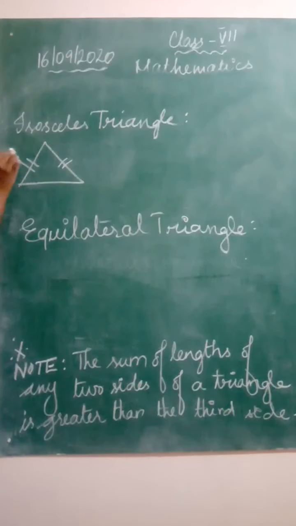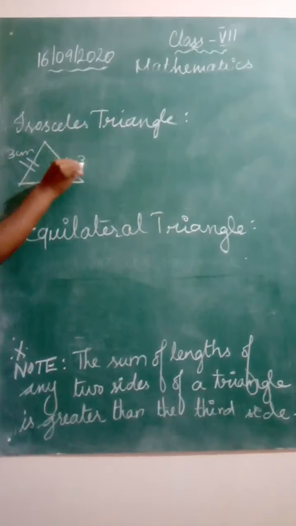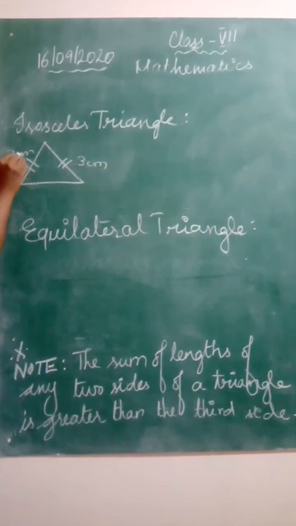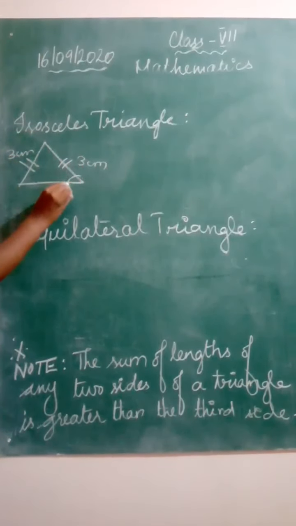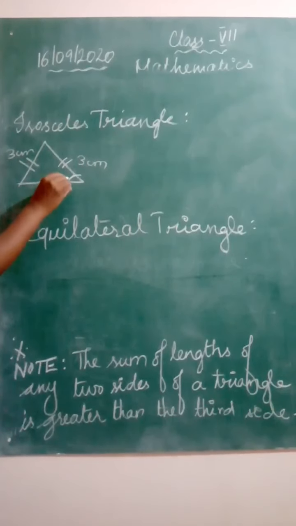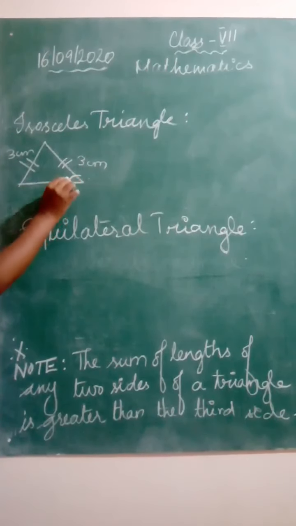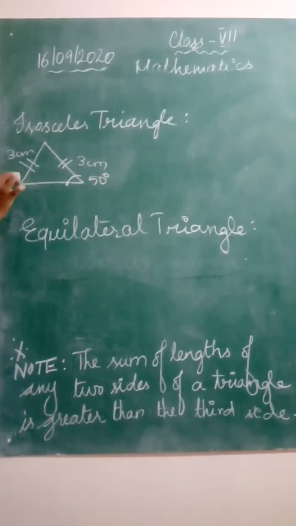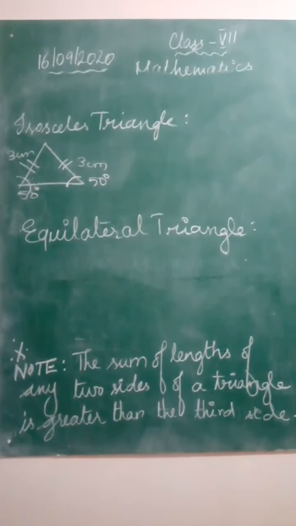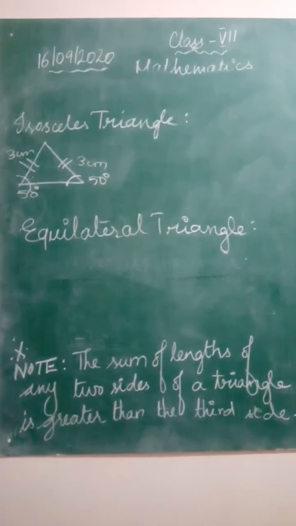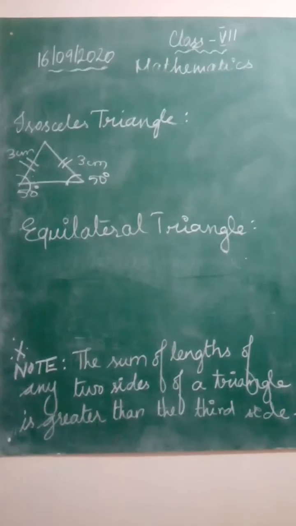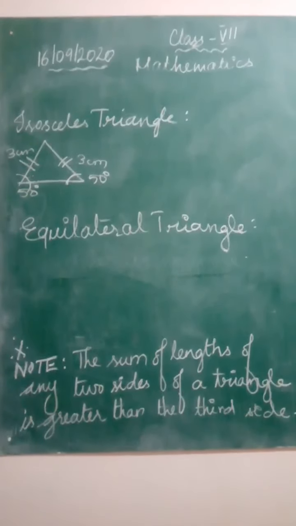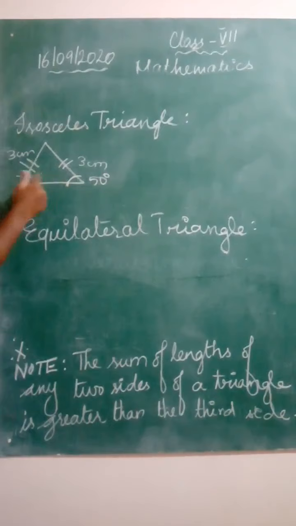Okay. So for example, if this is 3 centimeters and this is 3 centimeters, the angle opposite to this side is this angle, right? So if this is, for example, 50 degrees, then this angle is also equal to 50 degrees. Is it clear? So in an isosceles triangle, we have two main properties. First, it will have two equal sides, and the second property is that angles opposite to equal sides are